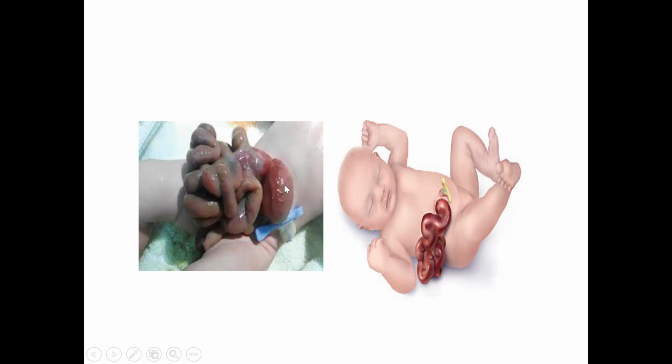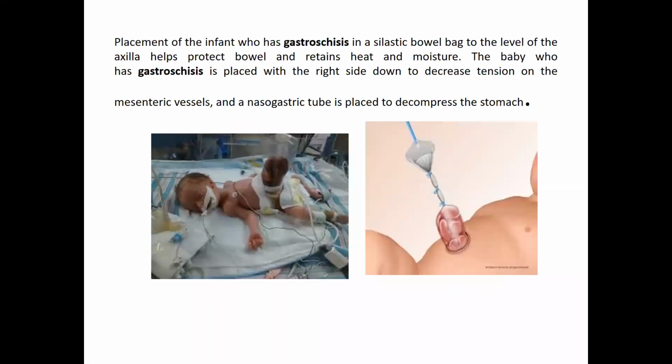Other organs such as the stomach or spleen may also come out if the defect is very big. If the defect is small, it usually contains only small bowel. If it is slightly bigger, you can see the large bowel as well. So there is a defect in the abdominal wall from where the intestine comes out onto the surface. This can also be diagnosed by naked eye examination.